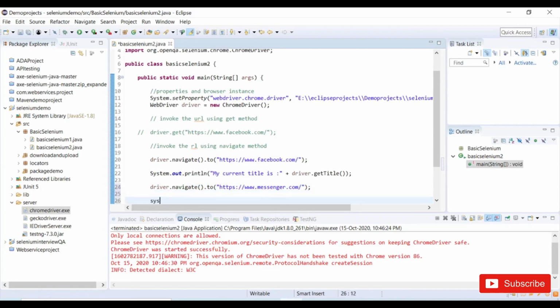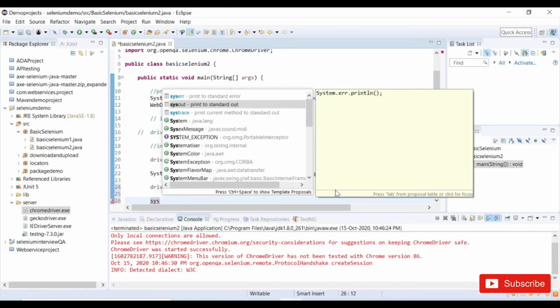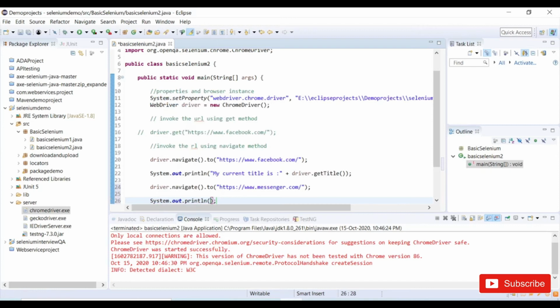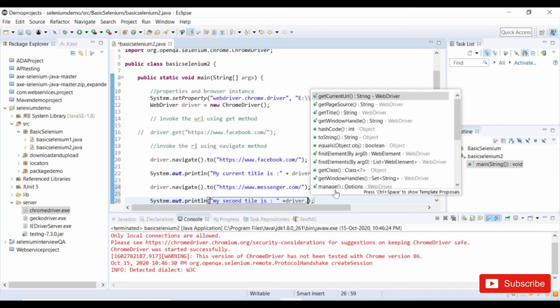Now sysout, under sysout I will say my next, or I can say second title is, and here also I will do the same thing, which is driver dot get title.